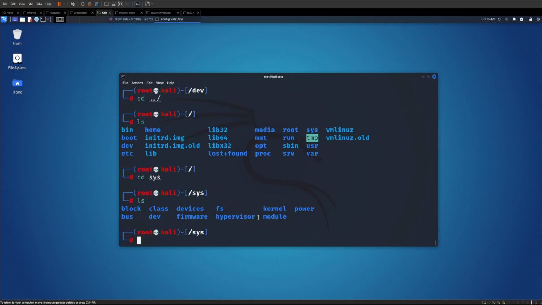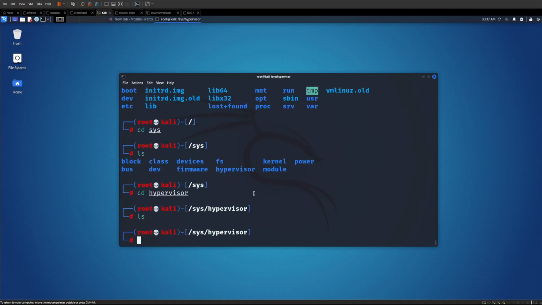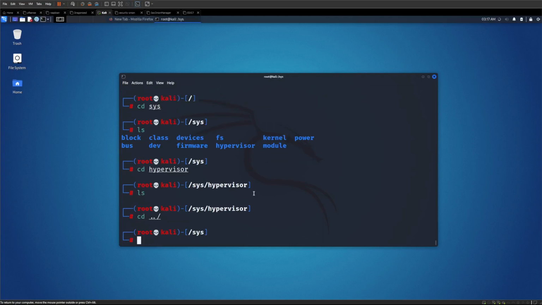So we can cd into hypervisor, cd hyper. And one technique is, if you start typing a command, you can just hit the tab to autocomplete, so you don't have to do a lot of typing. And we have nothing in the hypervisor folder. Let's get out one directory and cd into the